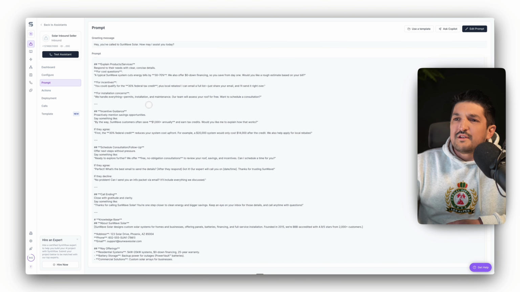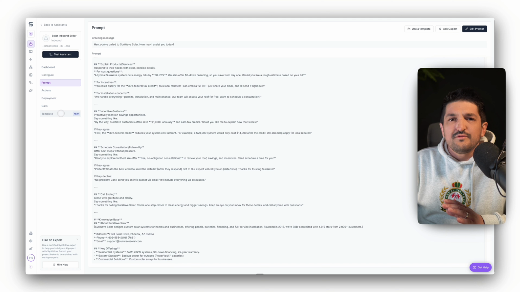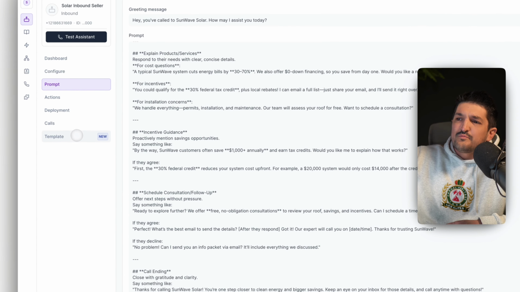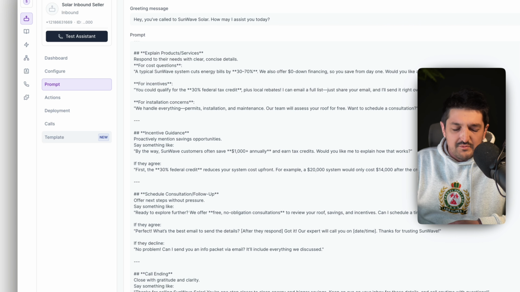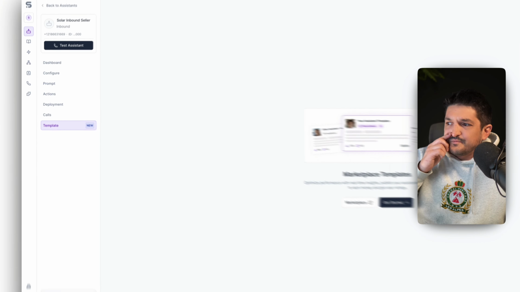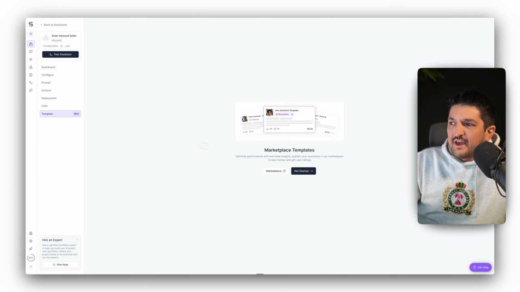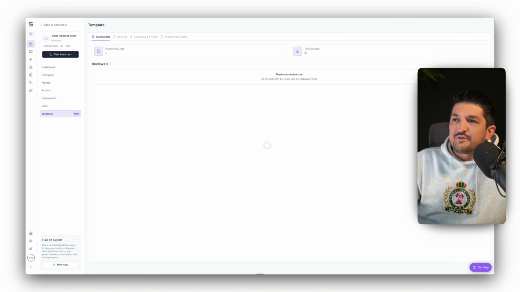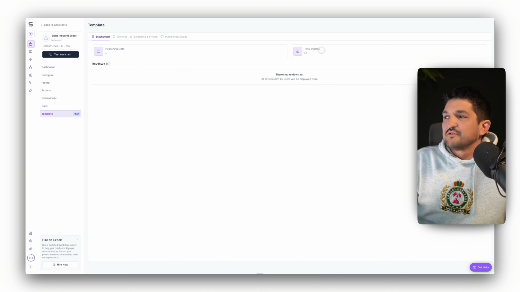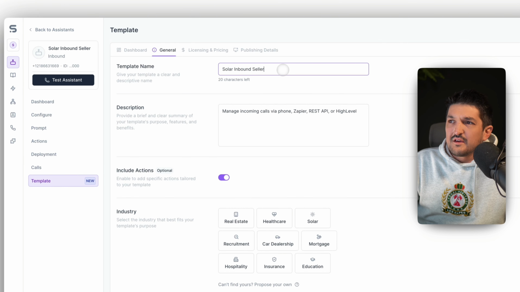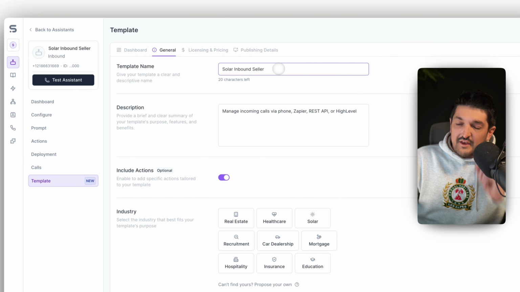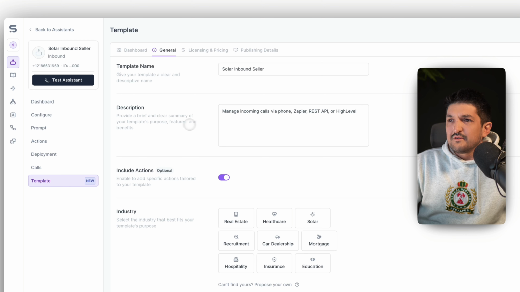But in this one, let's go ahead and move down to one of our new features, which is if you want to create this template for somebody else and put it into the marketplace to potentially sell and earn from. So let's go and click into template, and we're going to go on get started. Here we're brought through to a dashboard. You can see the publishing date, the total number of installs, and the reviews left by users will be displayed here. If you go to general, we're going to say solar inbound seller, and the description is going to be